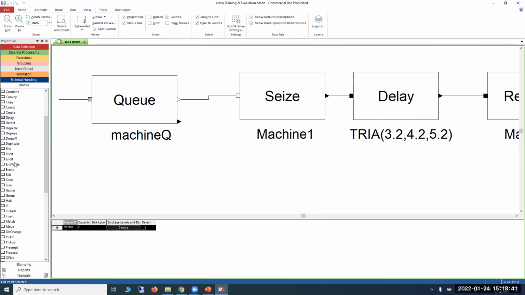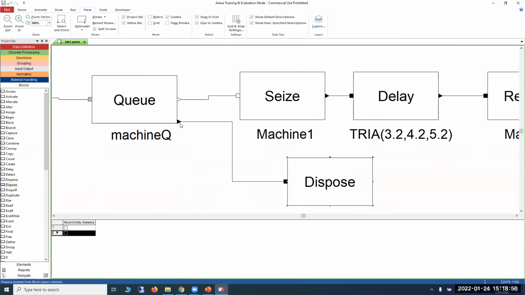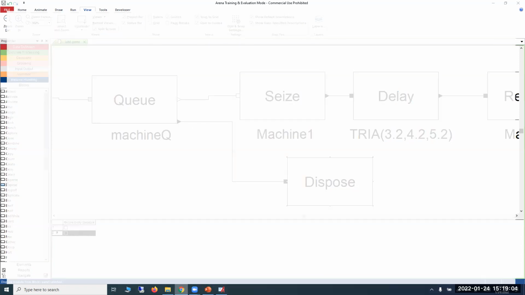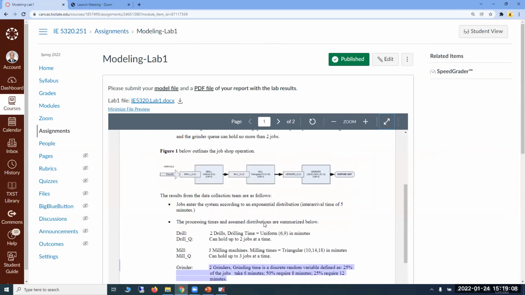So if I put a capacity of 2, and I get another part coming into this queue block, I can dispose of those by using this second output. But what I want you to do in this lab is to count the number of parts